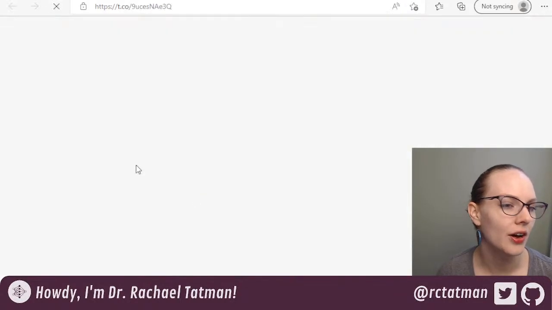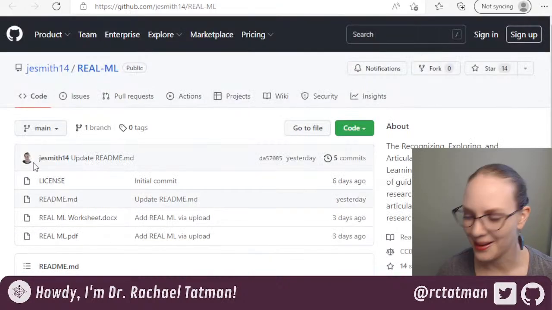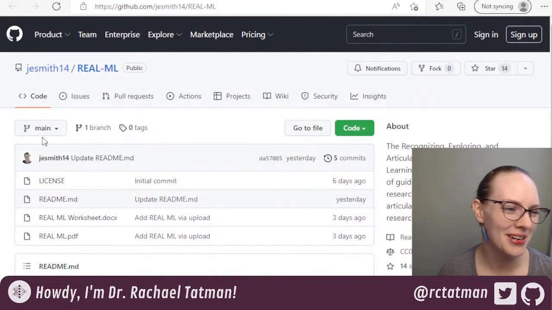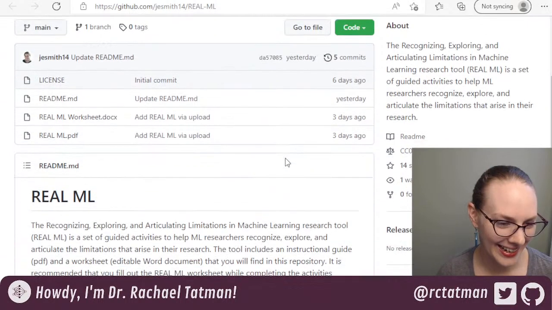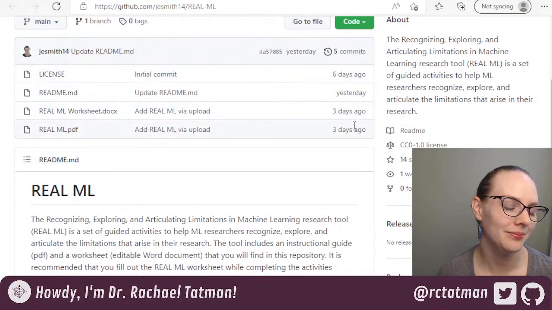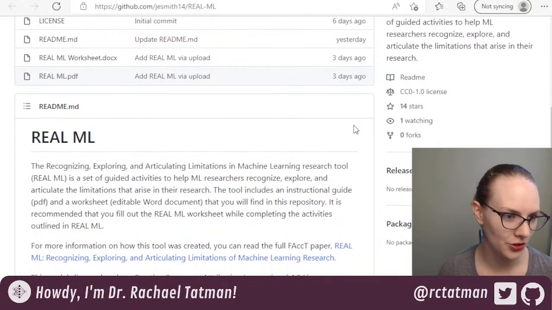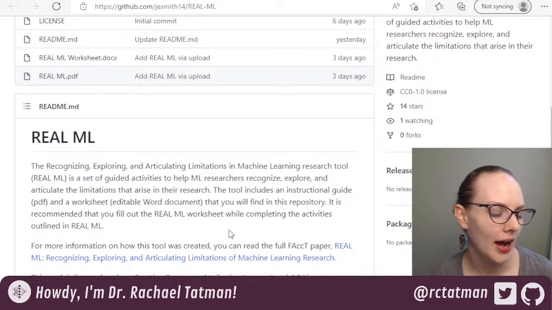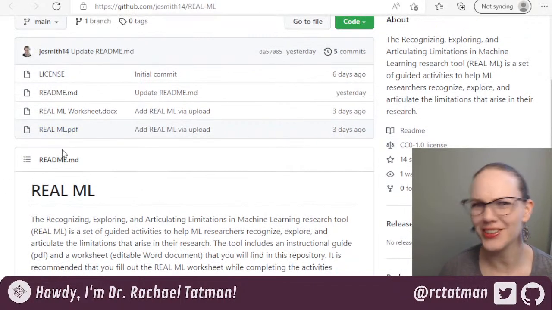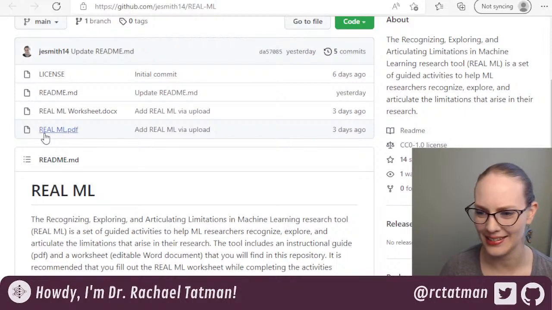And then there's a GitHub. Sorry, I wanted to say real food. That's not what this is at all. There is a GitHub repository as well, so that you can work through it. So yeah, I think this is something that I might want to. Let's look at it now, right? Why not? Let's see what it's like.